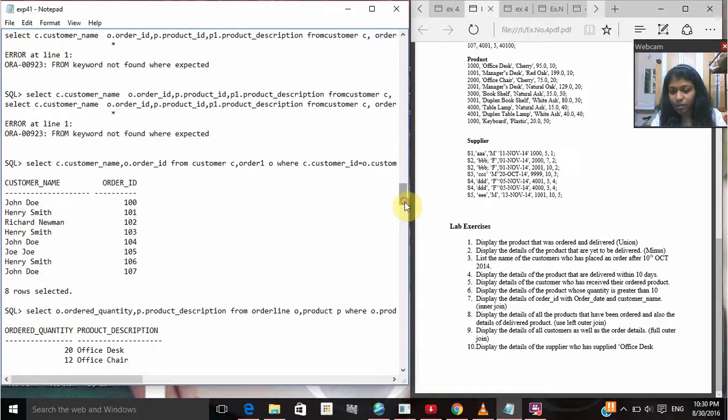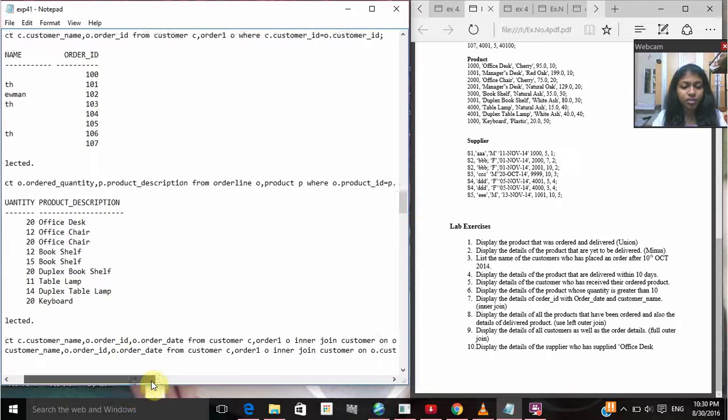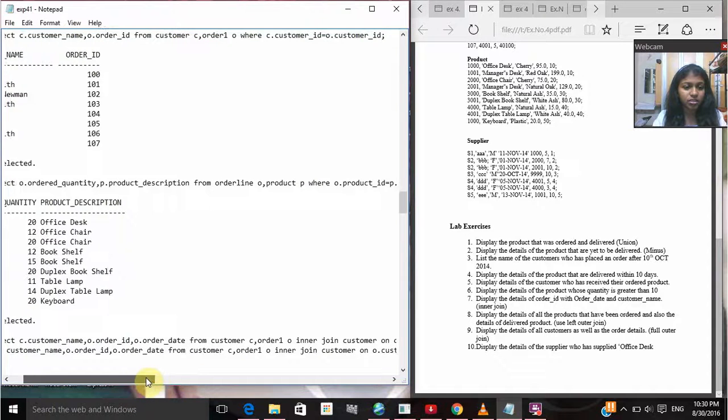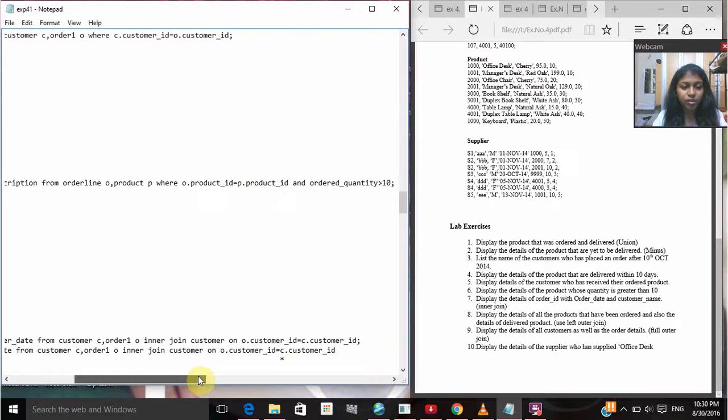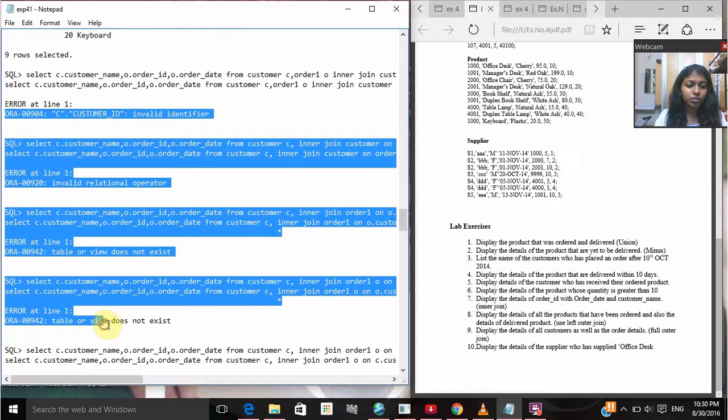The sixth question is to display the details of the product whose quantity is greater than 10. Like the order quantity is greater than 10 in this question. So here the condition we're going to give is to equate the product ID of the order line table and the product ID of the product table, and the next condition is that the order quantity is greater than 10.